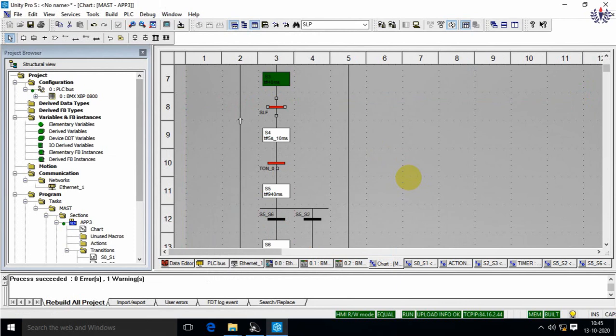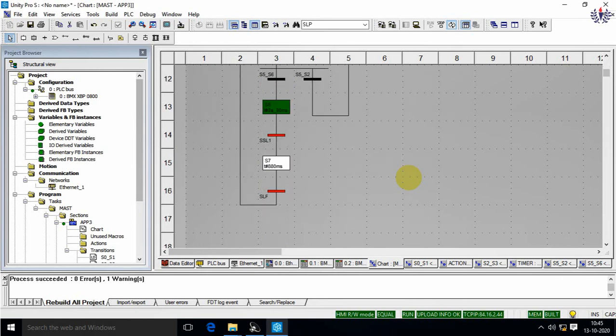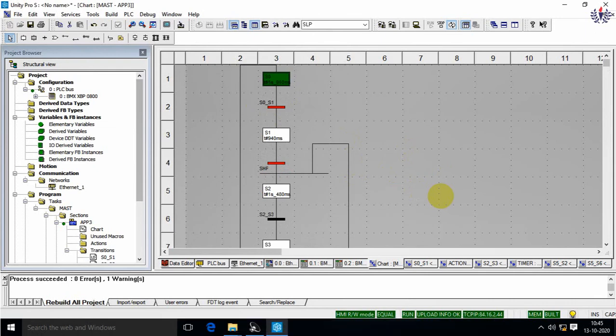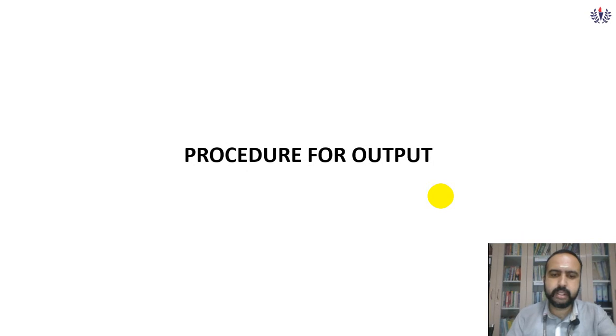Okay, this is satisfied. It is going to wait in slot 4. It is coming here. Now it will take this branch. Previously it was working in this loop, now it is going to work in this one, and it is reaching slot 1 here, and the process will end. So now it has come to step 2. I think we will be seeing this in a close view. We'll see the procedure for output in detail in the upcoming part.